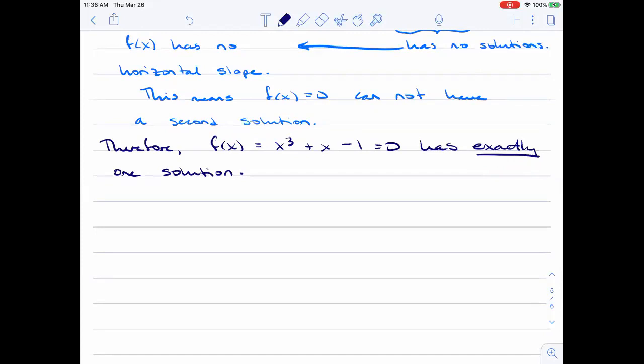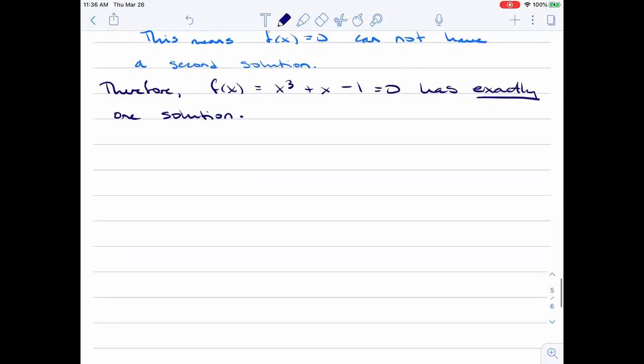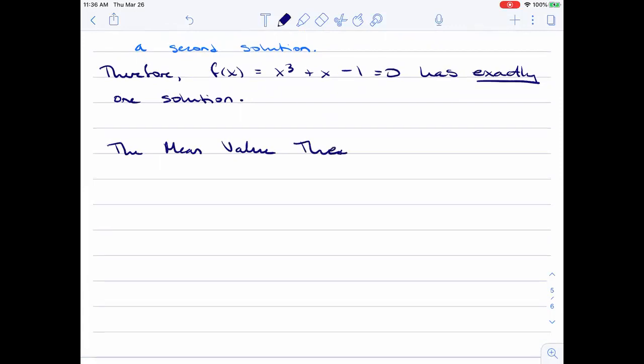I'll check for questions here, but I see none. Okay. So that's Rolle's theorem. Kind of similar. Let's talk about the mean value theorem, which was the title of the section. So kind of a big deal here. So the mean value theorem, MVT,